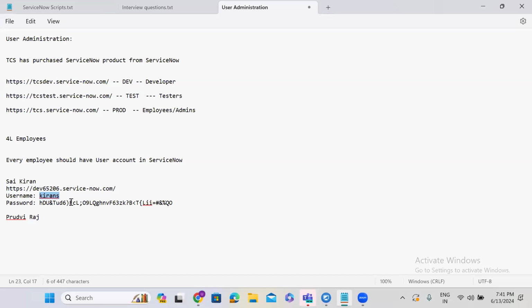If you remember in the AHA app, they will create an account for us. Once you purchase the subscription, it will create an account. That is actually a user account. Similarly, if you are purchasing the ServiceNow product for 4 lakh employees, you will create 4 lakh accounts so that every employee can use ServiceNow, right? Getting my point? Like in the AHA app,